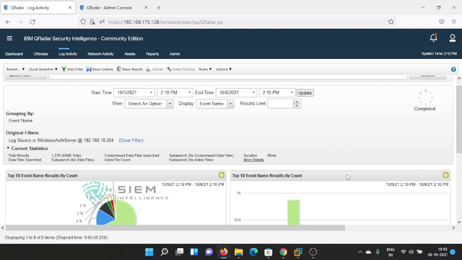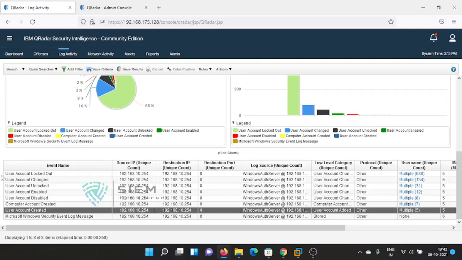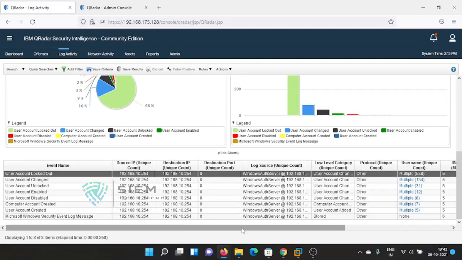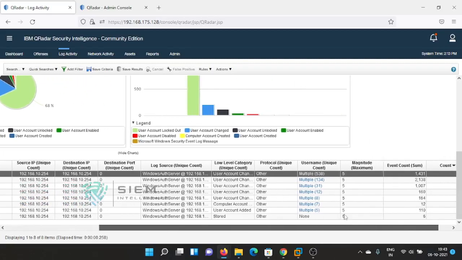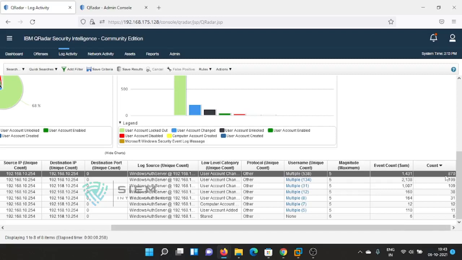And there are these many events. With respect to each event, there is a count. There is an 800 count: I found about 800 user logged out events. See, 870 user logged out. But the event count is 1431. Why does it differ so much? The difference is something like 1500. It might be because we have searched for 24 hours only. No.